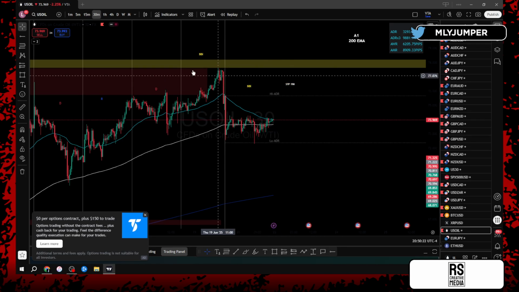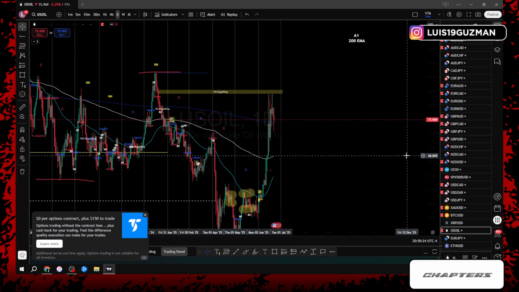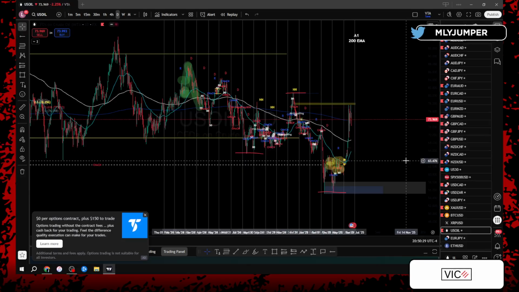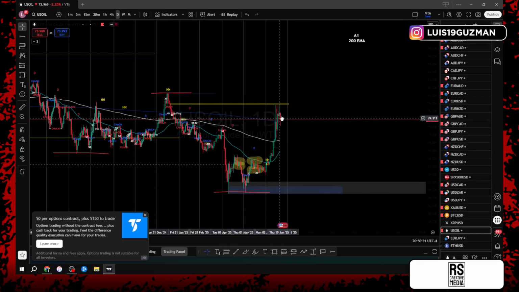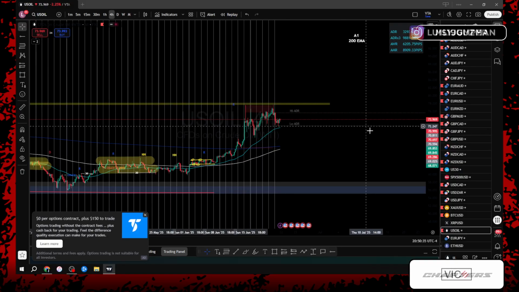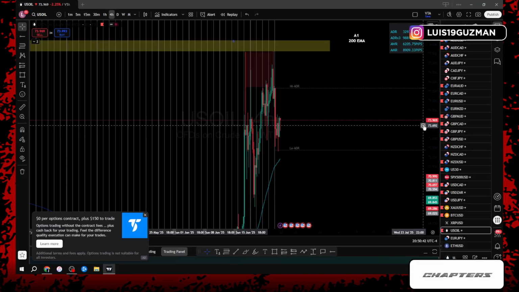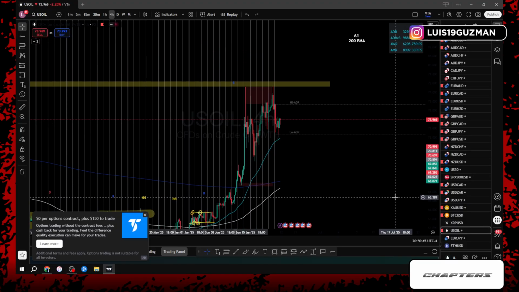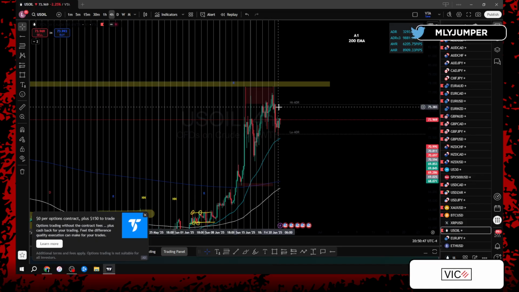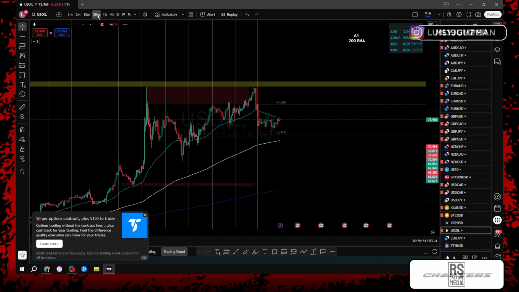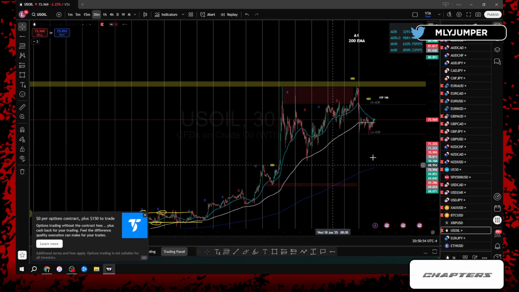But that's okay. US oil is another one of those pairs currently sitting in a situation where we could say we're sitting in a lower high. We could say that this is lower low and that this is the lower high. So we just got to be patient. Once price starts giving us lower lows and lower highs on the lower time frame, gives us a change of character, gives us the break of structure, then we'll start taking those trades. Even here on the 4 hour time frame, I just noticed it gave us an engulfing candle. But again, we weren't really up for those entries. Didn't really give us any entry criteria.